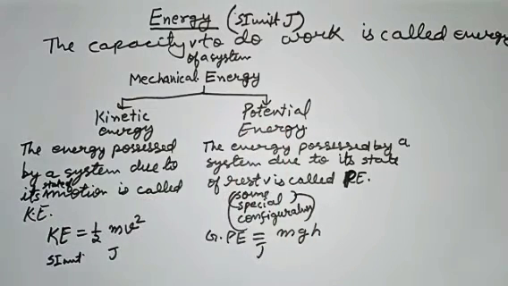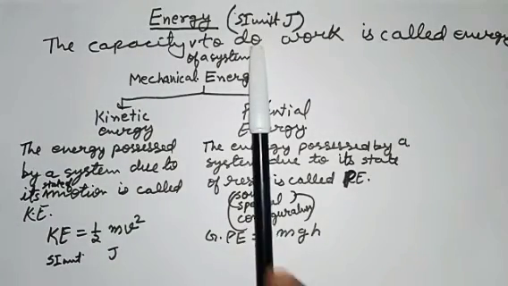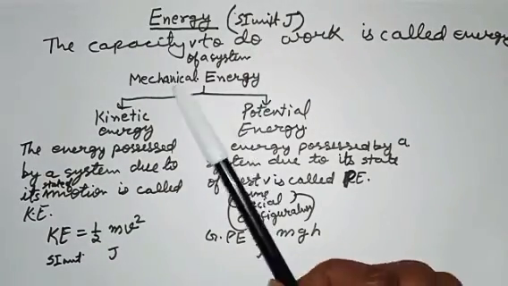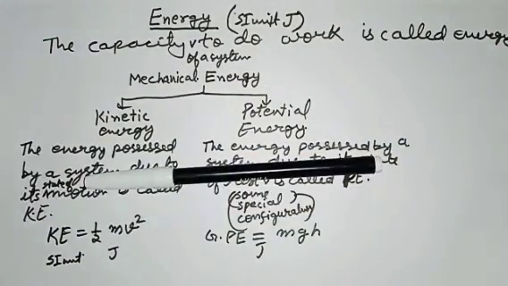In the same way, there is potential energy. The meaning of potential is like ability. So potential energy is the energy possessed by a system due to its state of rest, but it is not completely well defined. Not just any state of rest, but some spatial configuration. Configuration means some kind of arrangement, like this time this marker has low potential energy, this time it has high potential energy.